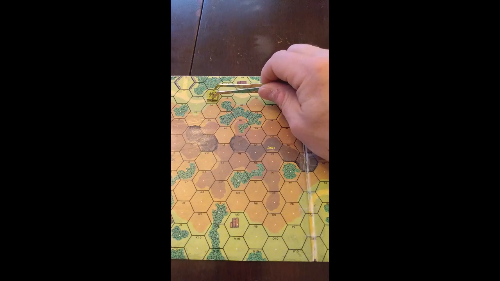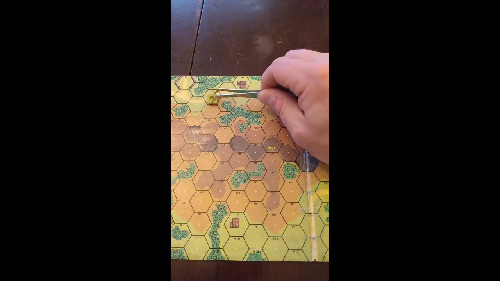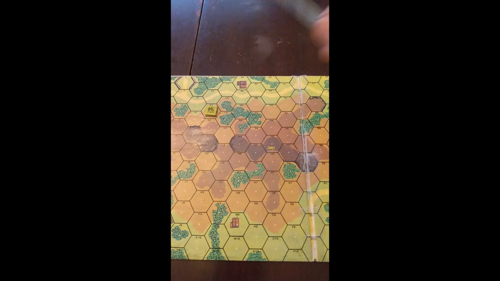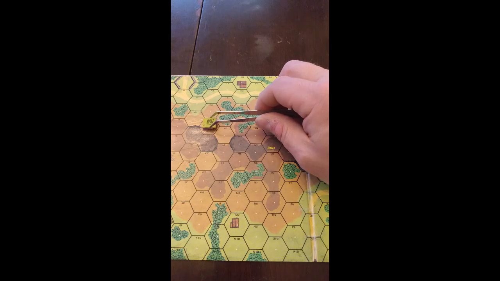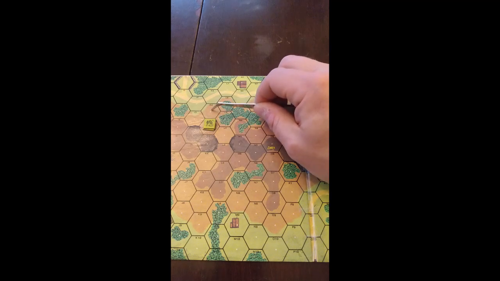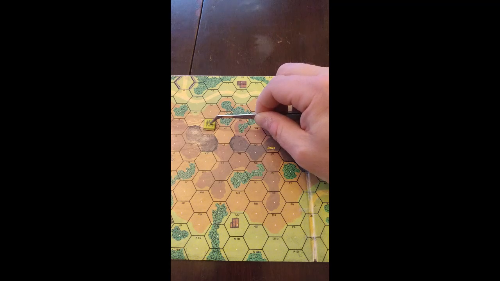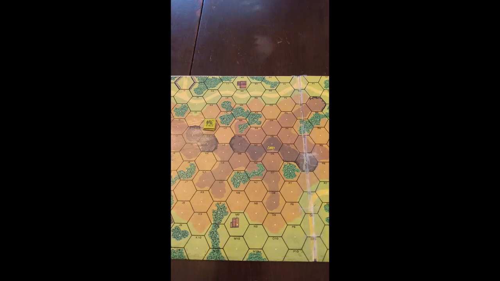So if we move our squad with its leader from K2 to K3, it's 1 movement factor because it's still open ground, but it's another movement factor because we've changed elevation from level 0 to level 1. So it's a total of 2 movement factors to get into that cell. Now if we go to K4, it's going to be another 2 movement factors. 1 for the regular movement and 1 for the change in elevation. So here we've now moved from K2 to K3, 2 movement factors, to K4, 2 more movement factors, for a total of 4 movement factors.